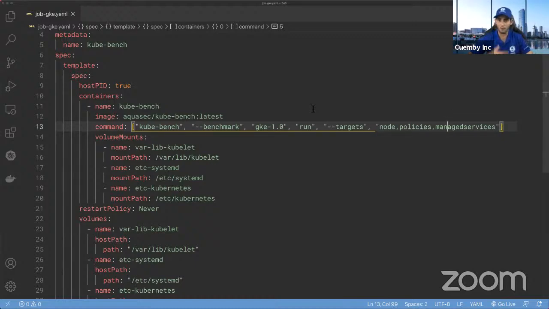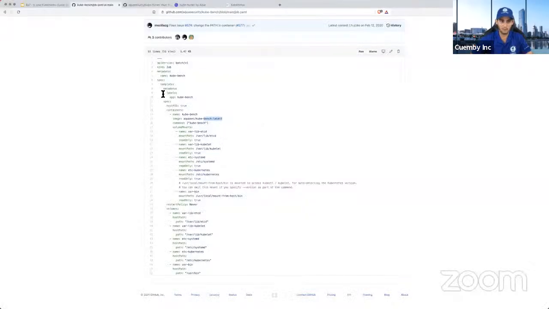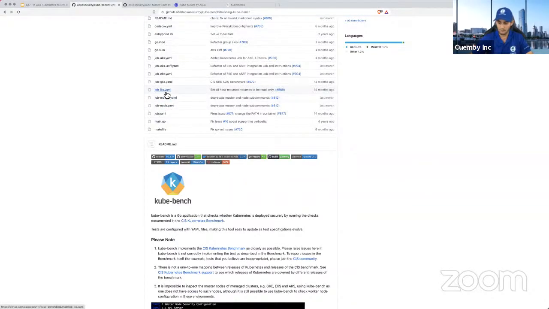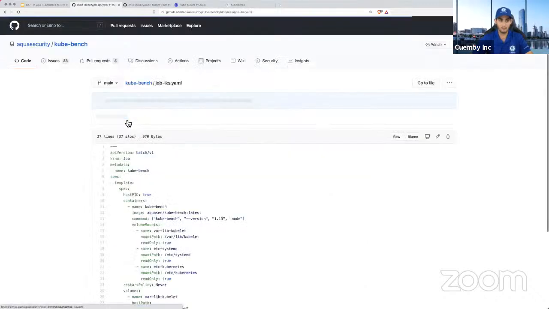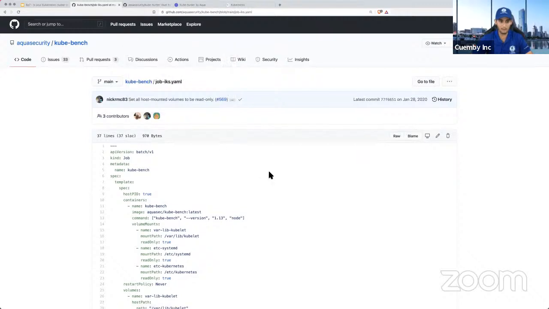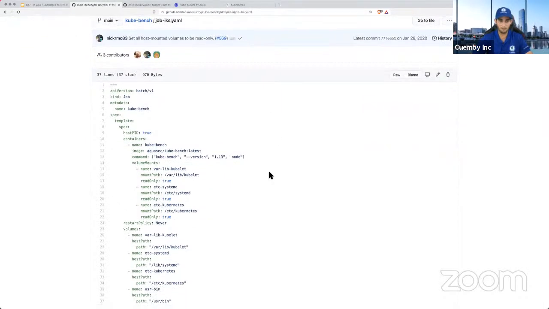If I go back to the website, there's also one for AKS, there's one for Azure, and one for AWS EKS. So you definitely have multiple ones, and you should use the one that gives you the best fit.